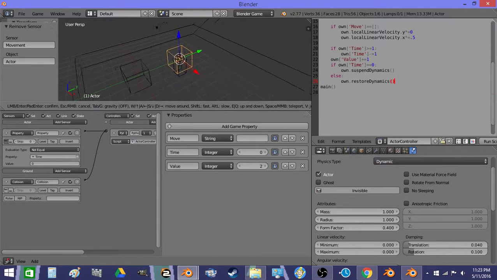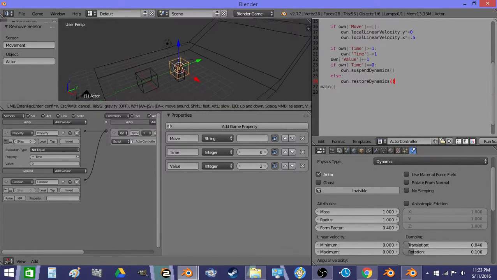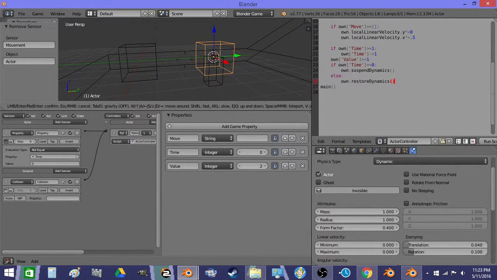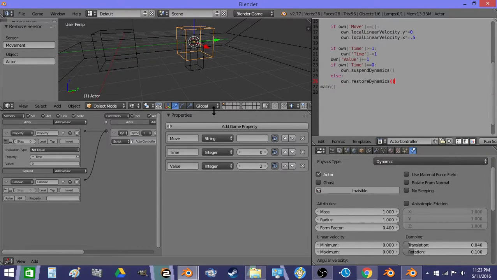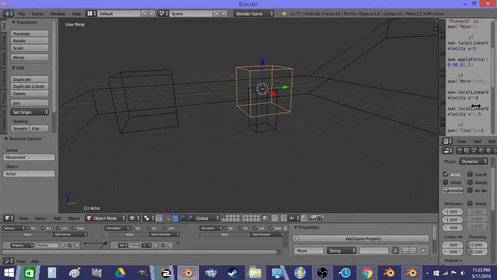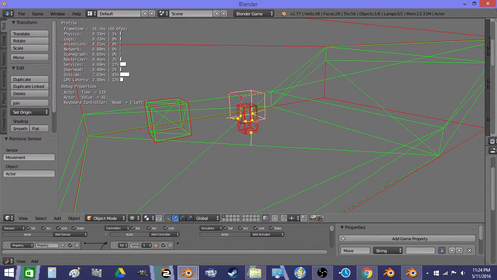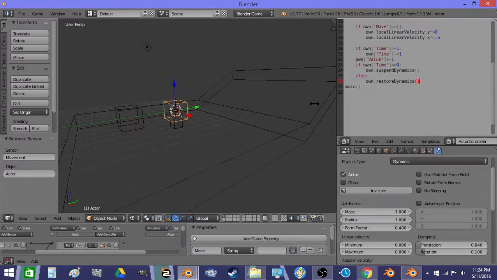So that's very important. What that is for is there's going to be all kinds of vehicles and multiple actors that you could swap between, and we don't want them using a bunch of resources when we're not using them. And then when the AI is controlling them, they'll be turning on their clock and turning off their clock and all that good stuff. So for now, we'll just add